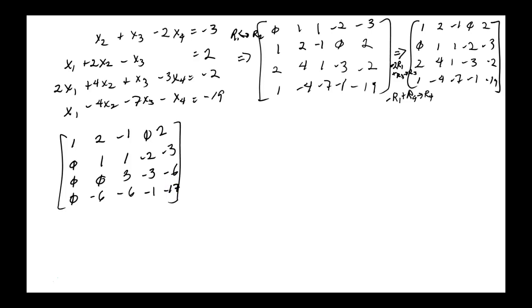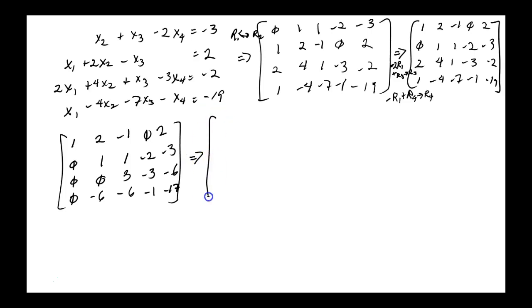Next. In row 3, we'll make that 3 to 1. Okay. And it's okay to do that now, but we also want that negative 6 right there to become 0. Usually we do that, but it wouldn't hurt to do. In fact, I would do that also because I don't like writing so much.